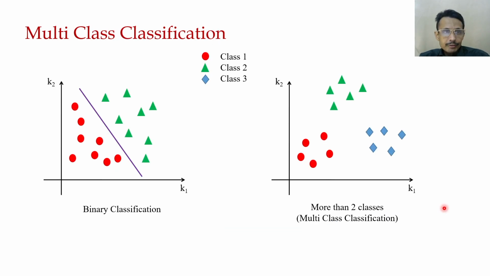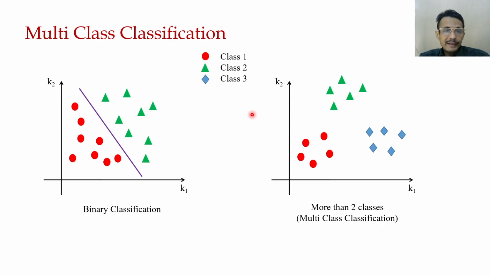Okay, as of now we have talked about binary classification. Now if we extend this idea for multi-class classification, say a 3-class problem, how can we do this? It was binary classification, now it is a 3-class problem, and we can extend it to more than 3 classes also in a similar fashion.